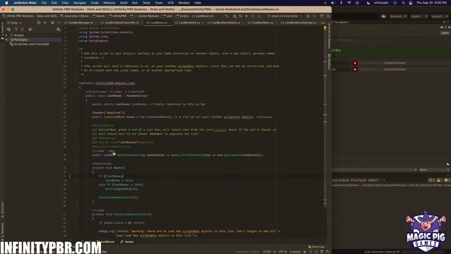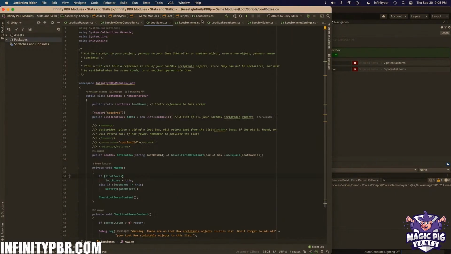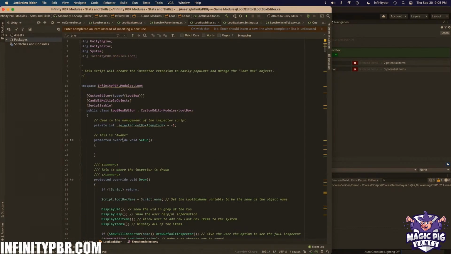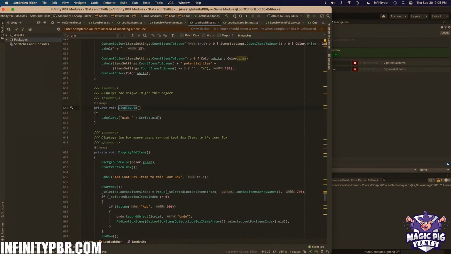Loot boxes. So loot box is editors. Loot box editor, that's what we need. And then we have display UID. So that's what we're going to modify. And look, I updated my